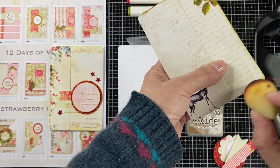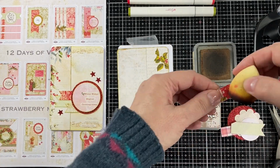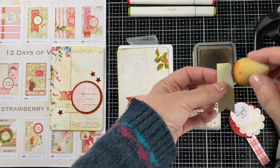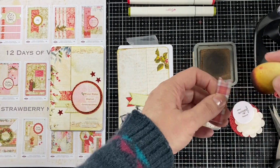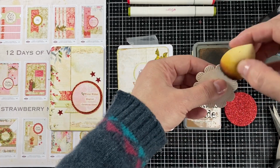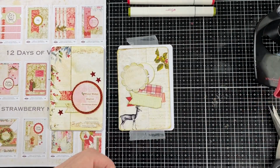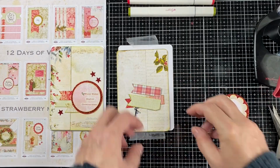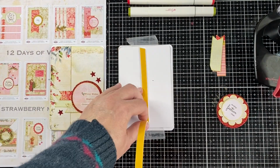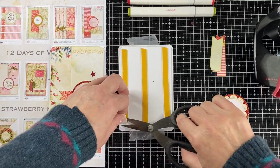This time the card will be more vintage, so I'm adding the vintage photo inks to all of the elements, the background papers, the 3 tags and the toppers. The tags were cut ahead of time, but you will see that I do cut these down so that the ends are hidden underneath the topper. But first I'll add the foam tape